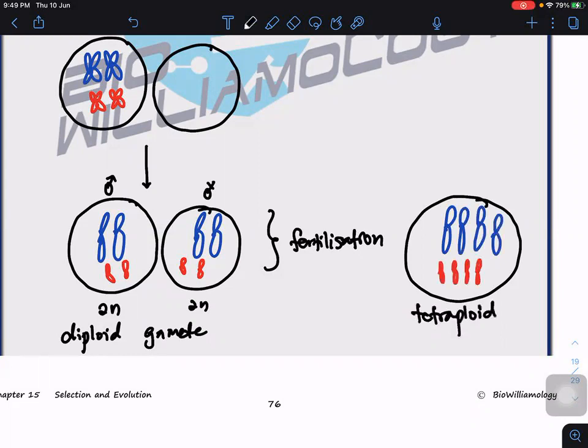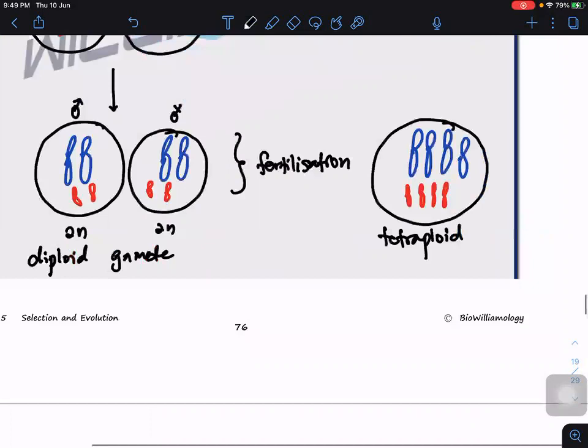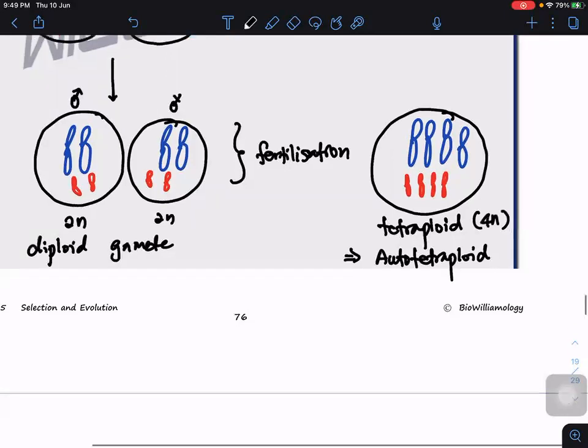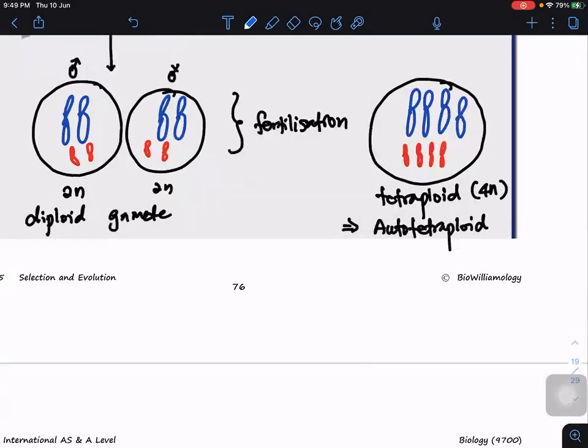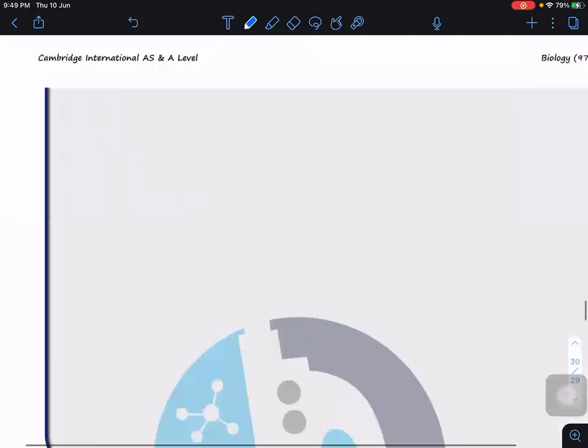And they get it from one parent only, right? So these tetraploids, we also name it as autotetraploid. Okay, autotetraploids, which is 4n. So autotetraploids, we generally claim they are sterile or infertile. But occasionally, these tetraploids